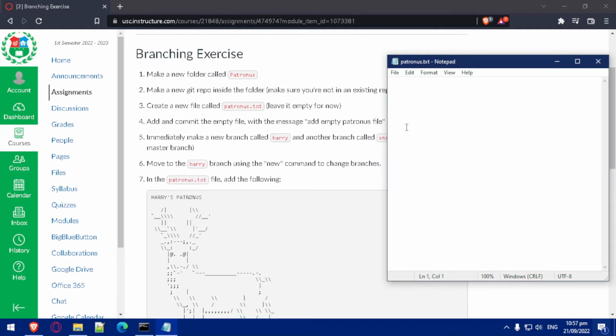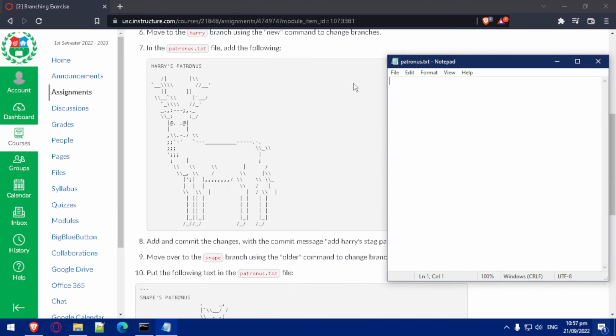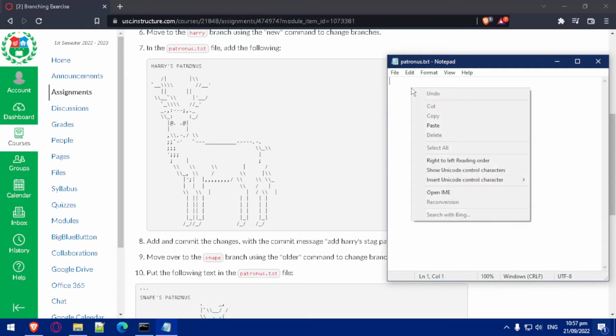So since Snape branch was based on the master branch, and it branched off before the Harry branch got a Patronus that has a content. So it is rightful that the Patronus file on the Snape branch is also empty. So now